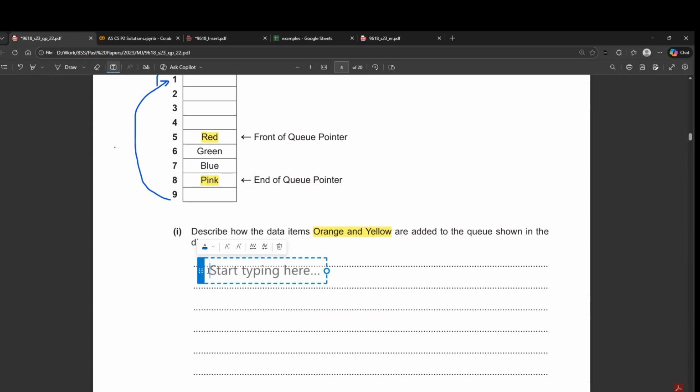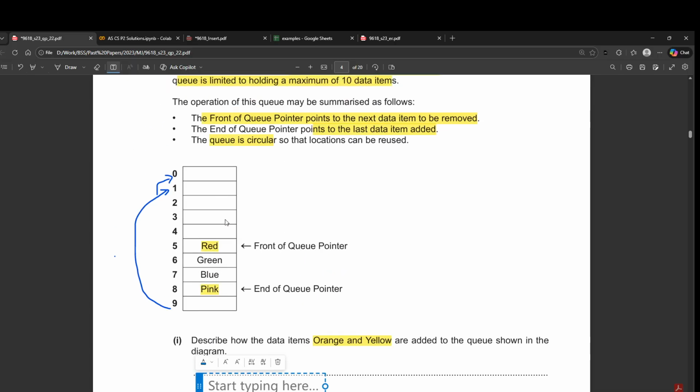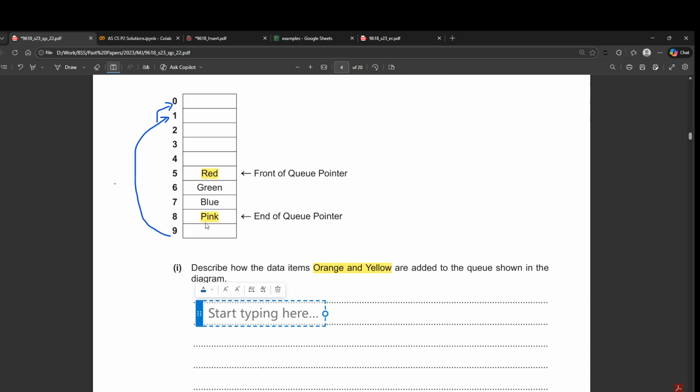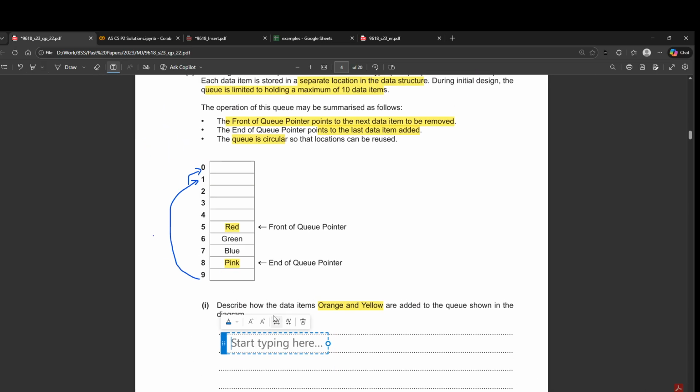First of all, whenever we get a question like this, we always have to check if the queue is full or not, and we can clearly see it's not full, right? Okay, so what do we have to do here? First of all, we have to make a check if the queue is full. So we have to